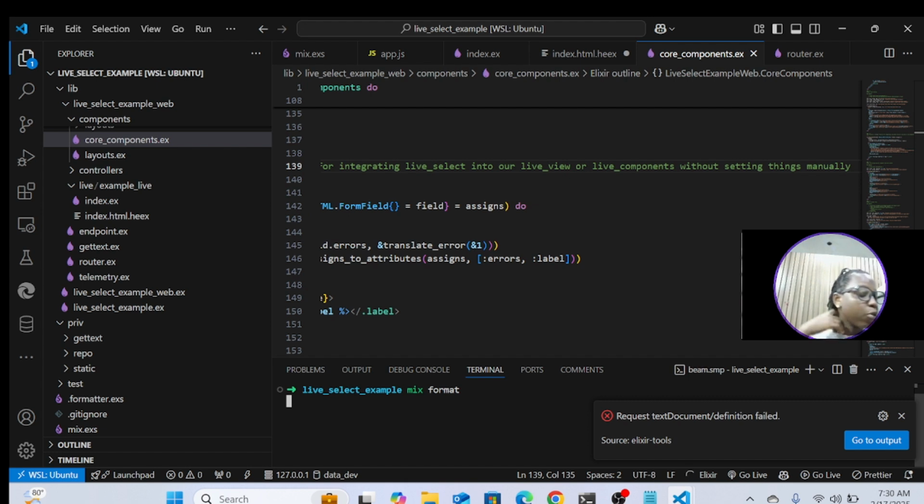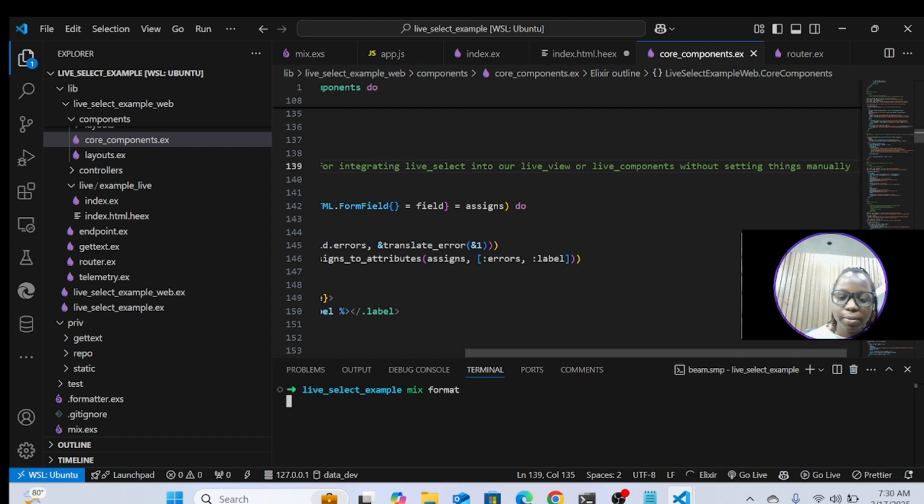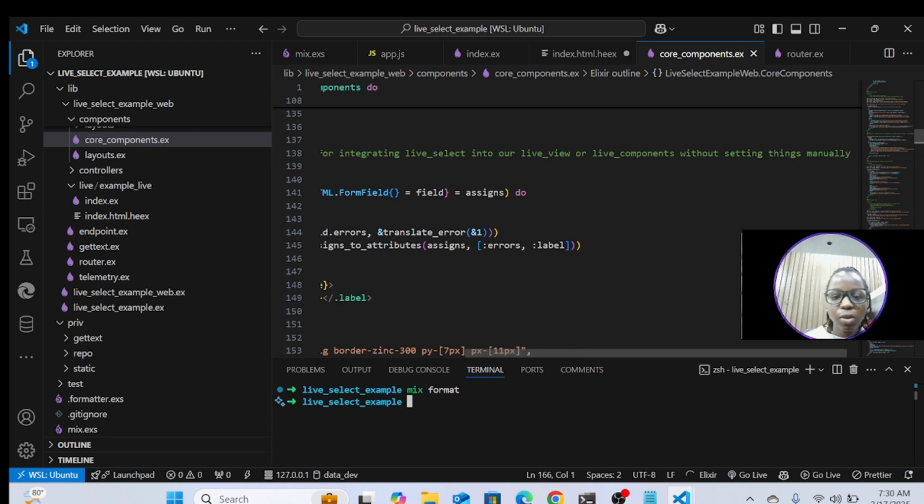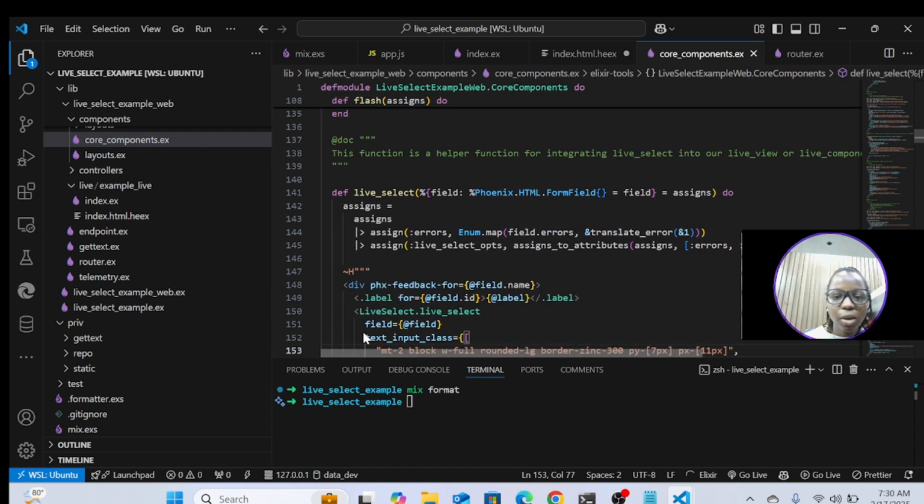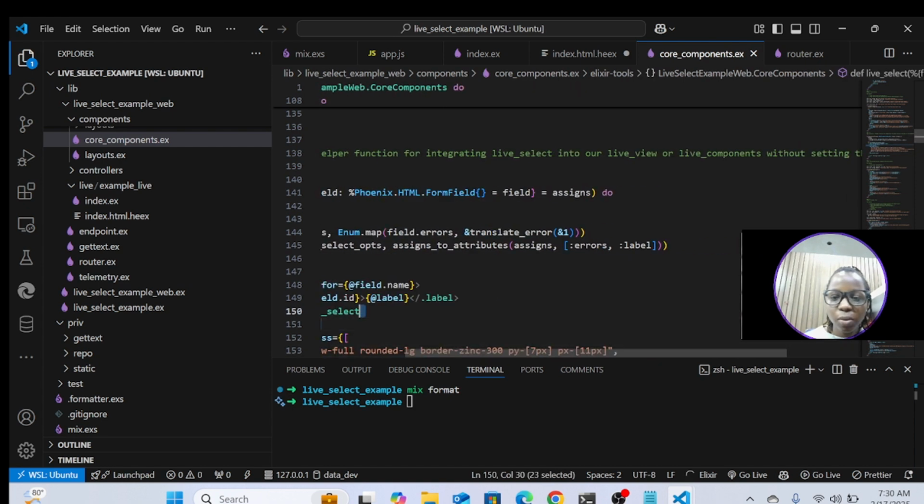Learn to always format your code so that it would come out cleaner and better. That was something like an adaptation I'm trying to do, to always format my code. And if I see that it is bigger,